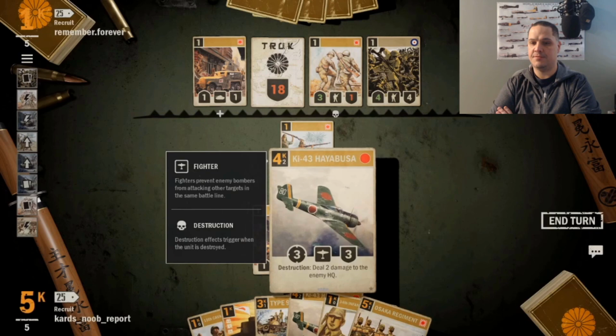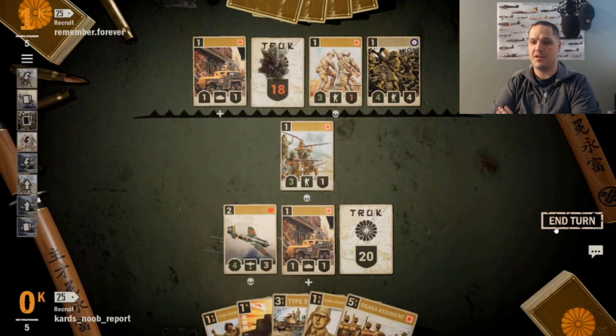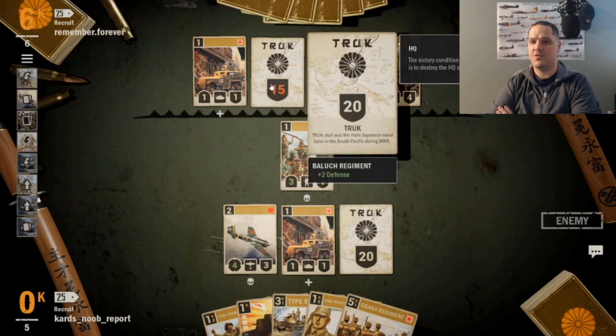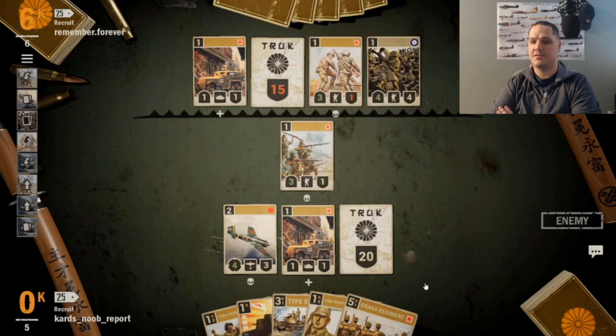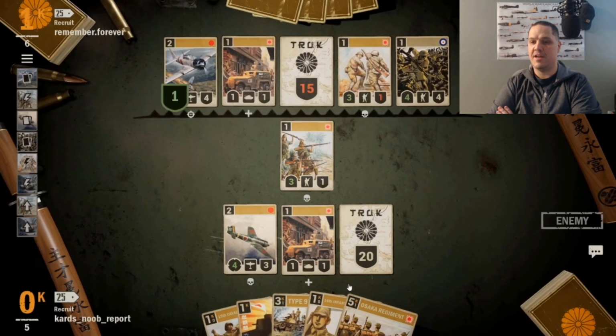Let's see. So he's getting a little bit beefier units on the board. He's got that 3/4. Well, it's buffed with the Type 93. So we put a plane on the support line. We're sort of anticipating that he's going to have to start killing our units. He'll have to kill the plane because the plane can just keep attacking the HQ. And we have the Osaka in our hand, so that's really a...